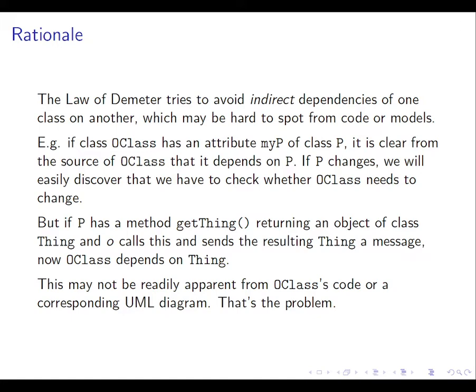And the kind of thing I'm talking about is, suppose that we have some class B, say, and it changes. Well, one of the things I want to know is which classes, A, for example, maybe A1, A2, A3, depend on B. Because those are the classes that I have to carefully check in order to see whether the change I made to B has done any harm or not. Now, if it's easy for me to tell which classes depend on B, then that's merely tedious. I just have to do it. But if I can't tell which classes depend on B, then it's dangerous, because I don't even know which classes I have to check.